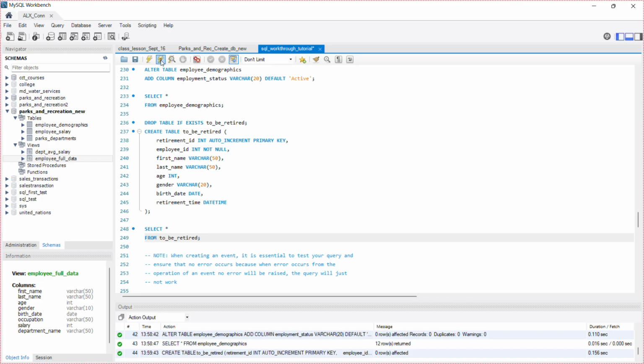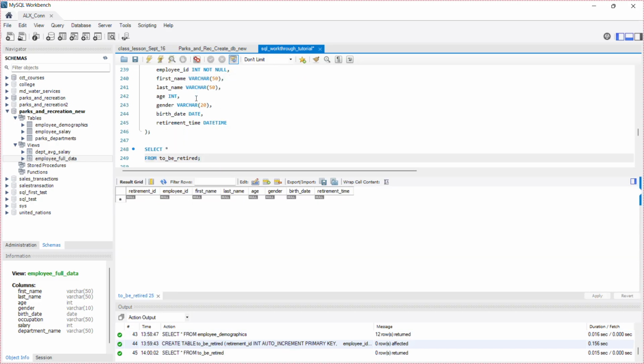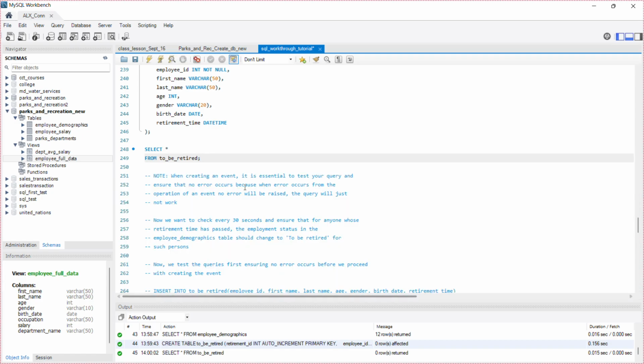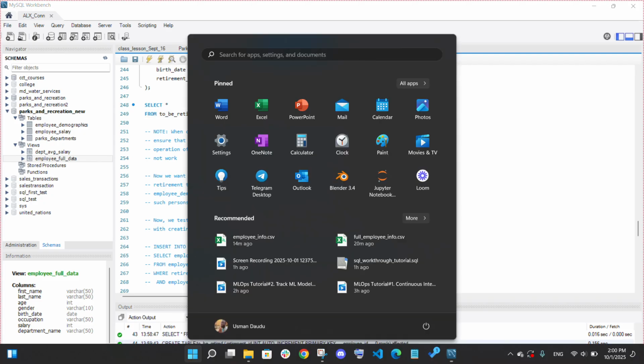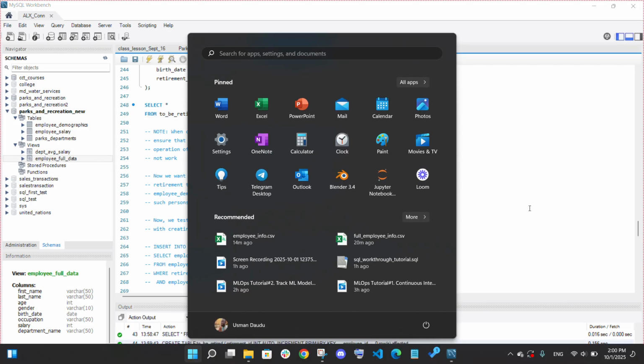Okay, now let's view the table. So look at the table. We have retirement ID, employee ID, first name, last name, age, gender, birth date, and retirement time. But there's no value here. Everything is null. There's nothing here yet. And one more thing we need to do is, all of them are going to be retired by